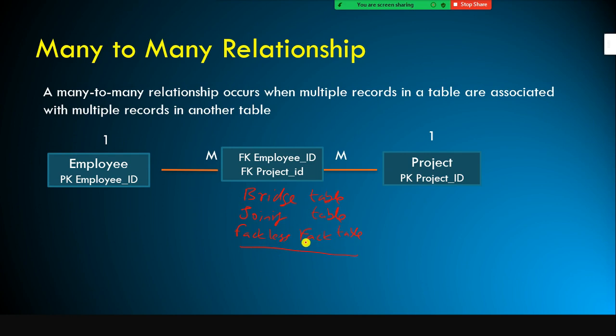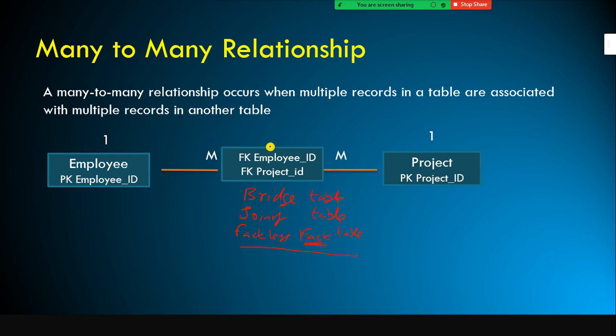First of all, what is a fact? A fact is nothing but a numeric value. In the fact table, we have the combination of all the dimension tables' key columns. Along with that, we store the measures like number of units sold, total sales, gross sales, net margin, COGS, cost of goods sold. These are numeric values. Facts are nothing but numeric values. In the fact table, we store the numeric values along with the dimension key columns.